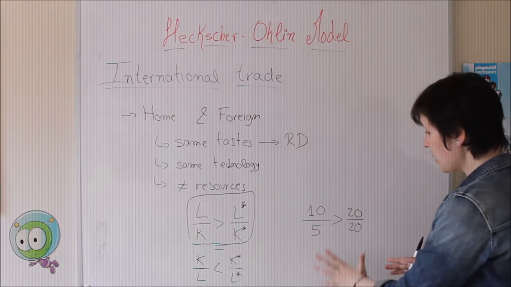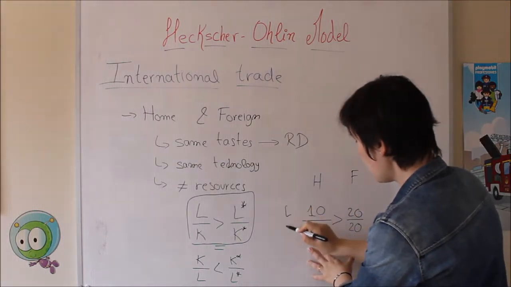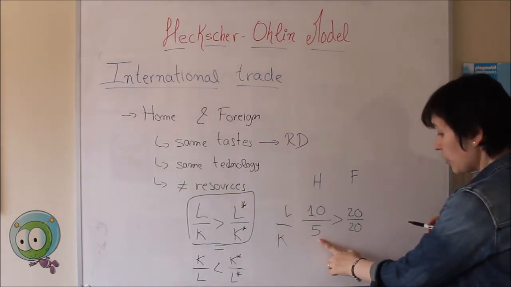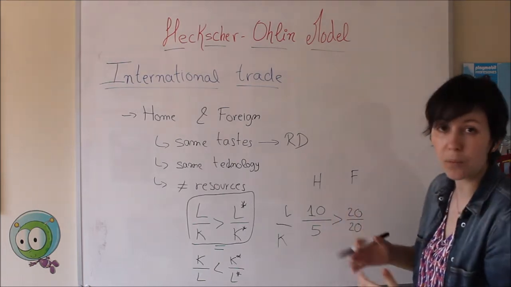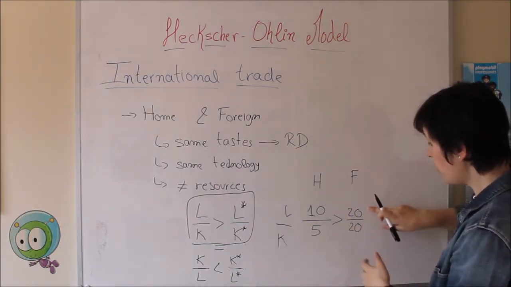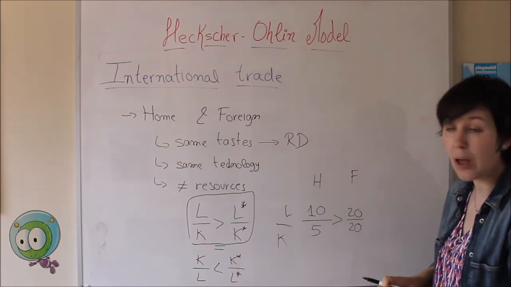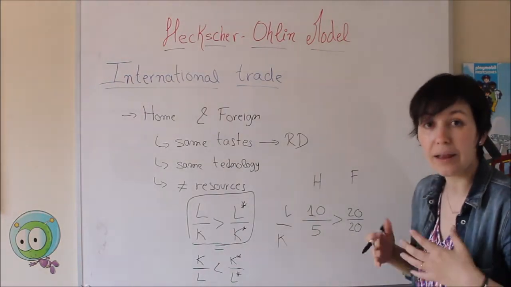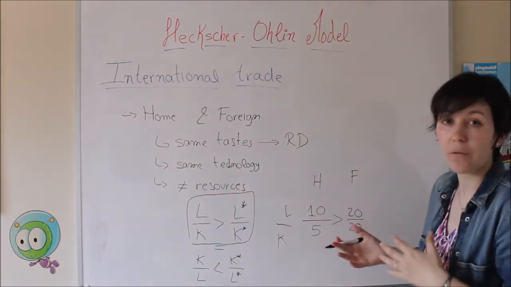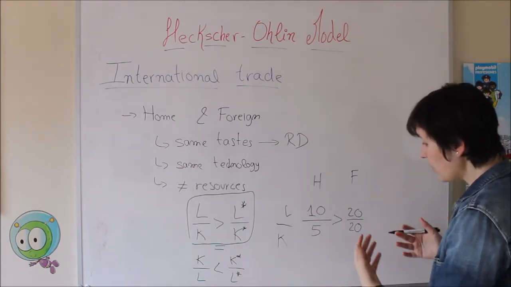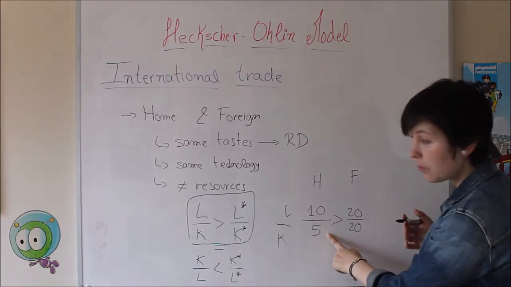So imagine that we have here the information for the home economy and here for the foreign economy. This is labor and this is capital. You can see that in both cases, for both production factors, foreign has more units than home. 20 is higher than 10 and 20 is higher than 5. But in relative terms, and that is the way of observing which economy is more abundant in one of the production factors, in ratio, relative terms, we can observe that home has more labor per machine, because this is 2,